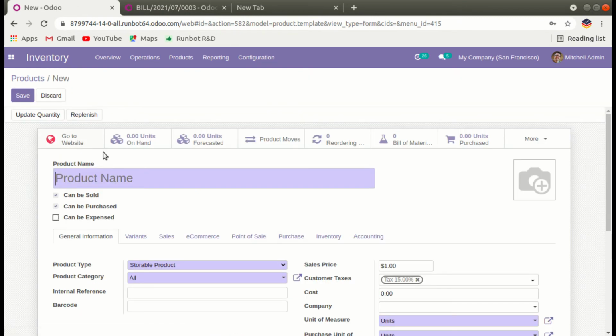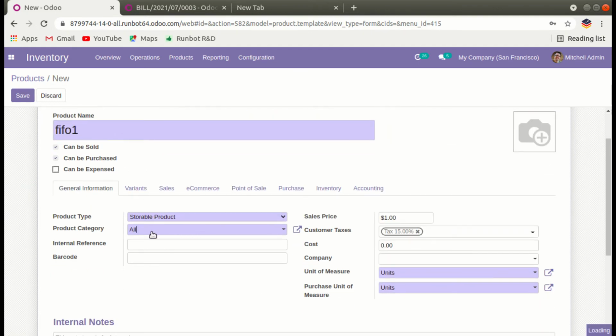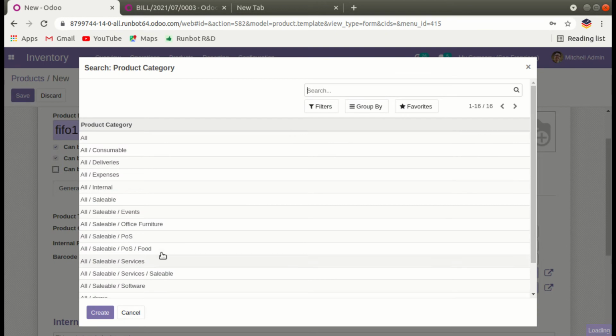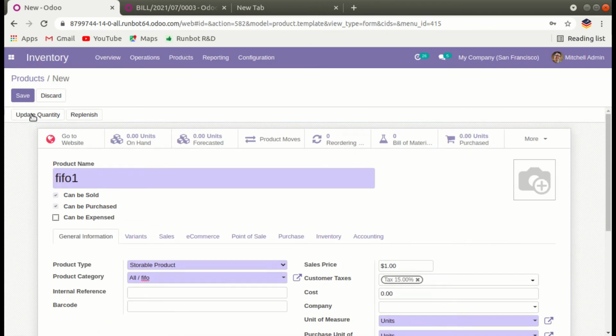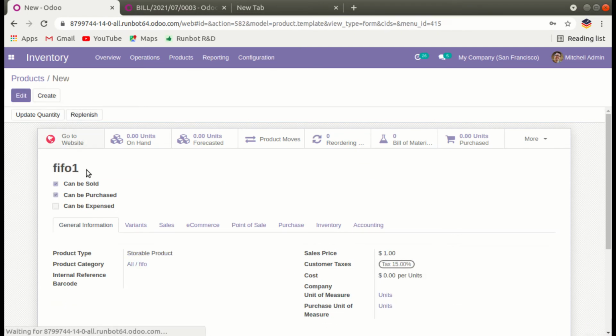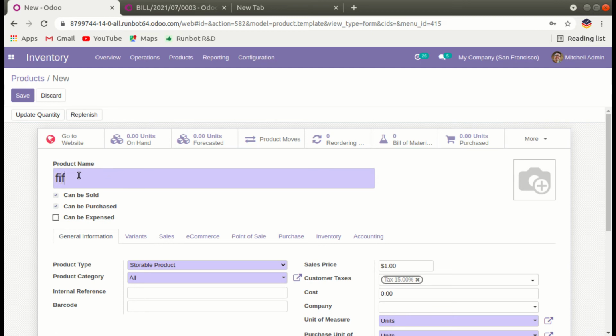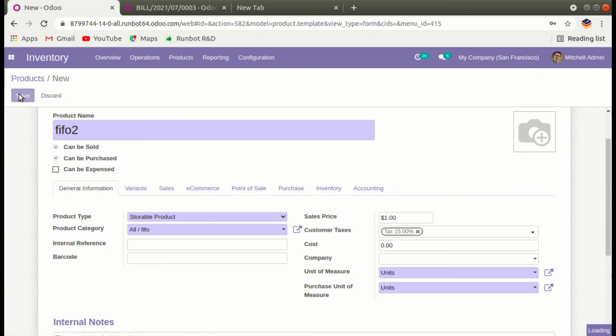Let's create product FIFO 1 and set product category as FIFO. Let's save. Let's create another product. Let's save.